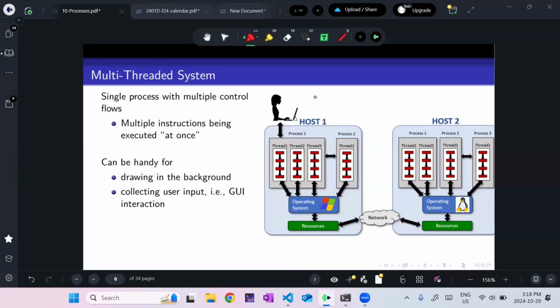And then multi-threaded systems, right? So each process might have multiple threads. And logically, it makes a lot of sense, especially if you have something like a GUI, right? If you have a GUI, well, it's got to be drawn. So you have one thread that does the drawing, and then you have to listen for somebody clicking on the buttons or entering text or whatever. That's another thread that's doing that. And then those generate events, and then that runs your code, and that's another thread, right? So a GUI is a very good example of multiple threads running. They each have their own logically different task, but they all work together.